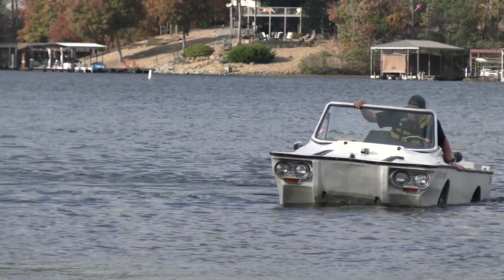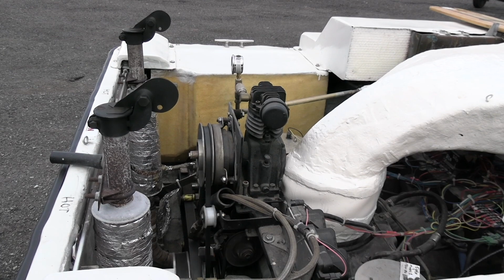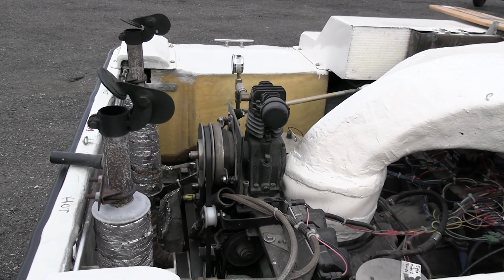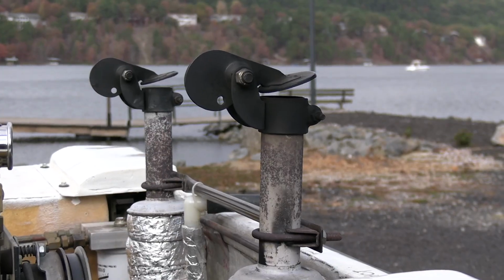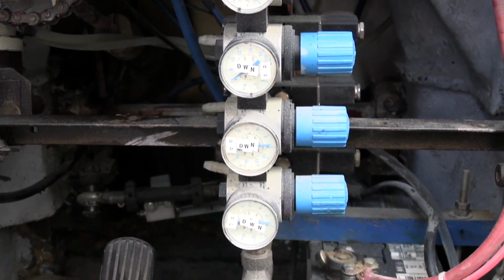I'm always fixing something up on it. Here's the engine. It's air-cooled. It sits down in the body. This scoop here is for fresh air coming in to cool it, and then the hot air comes out here. I just do all kinds of little inventions on it,